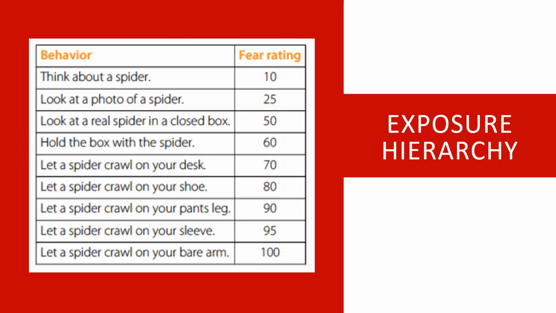This scale is sometimes called subjective units of distress, or SUDS, and can be a way of checking in with patients to see how anxiety-provoking they find a particular situation. And you can also check in during exposures to use this scale to ask an individual how much anxiety they're currently experiencing. So this individual rates some imaginal exposures, like thinking about a spider, as very low.